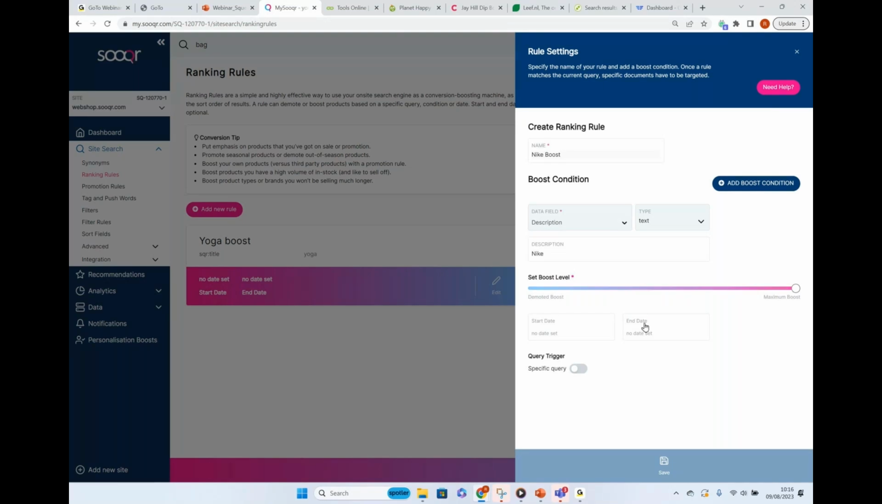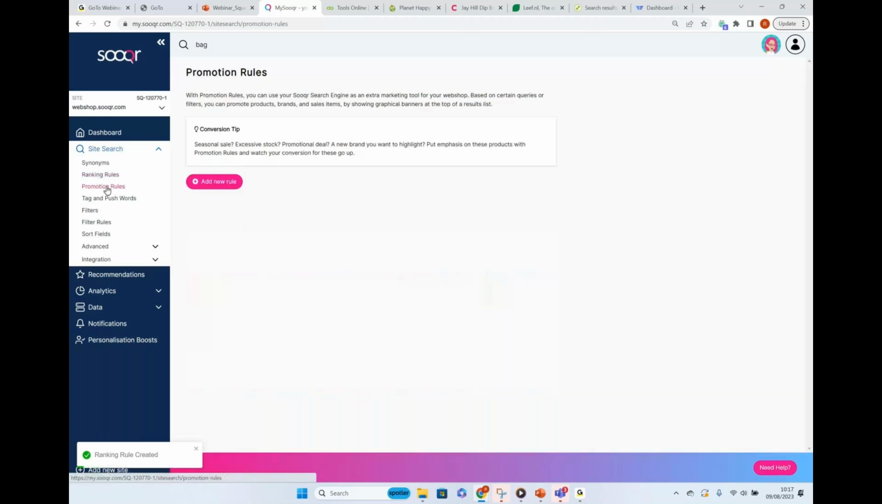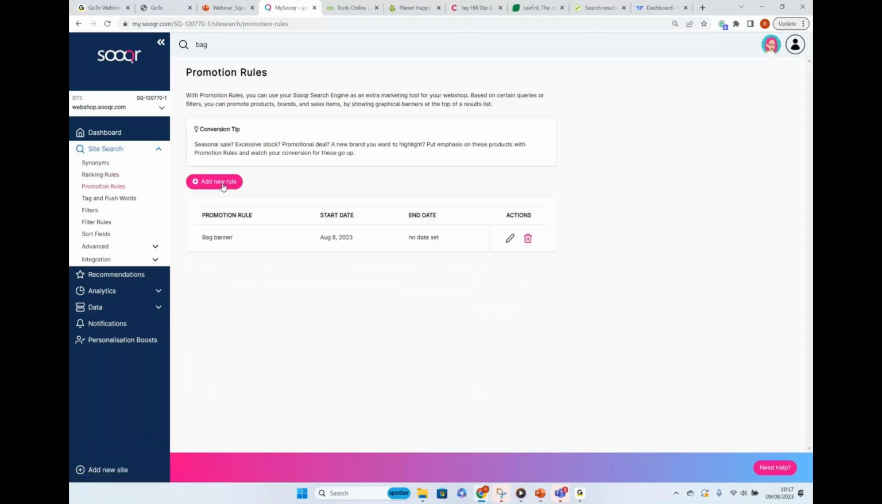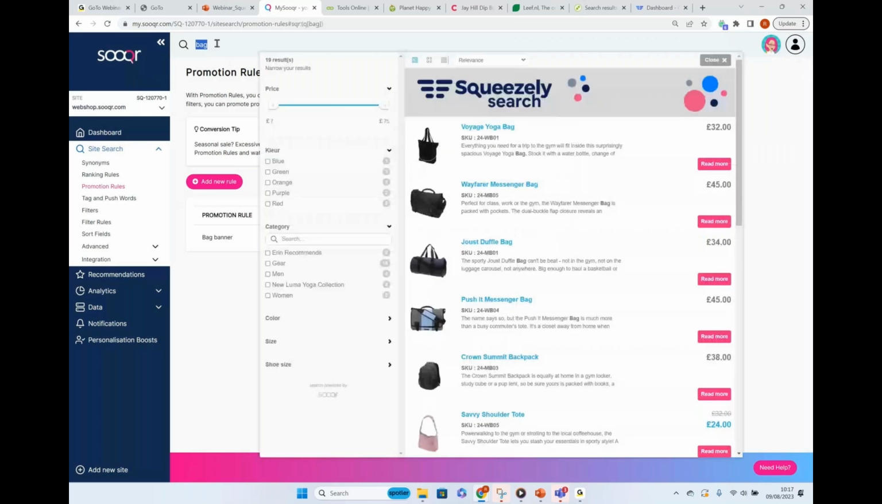You can set a date range for this boost if you've got certain promotions on. You can add it to certain query triggers if need be. Press save, and then that will start boosting that particular product line very, very easily. Again, product promotion rules, here's a banner. So promotion rules is banners. Here's my image URL, my click URL. And once you set that up, as you saw, if you're searching for a particular rules, then the